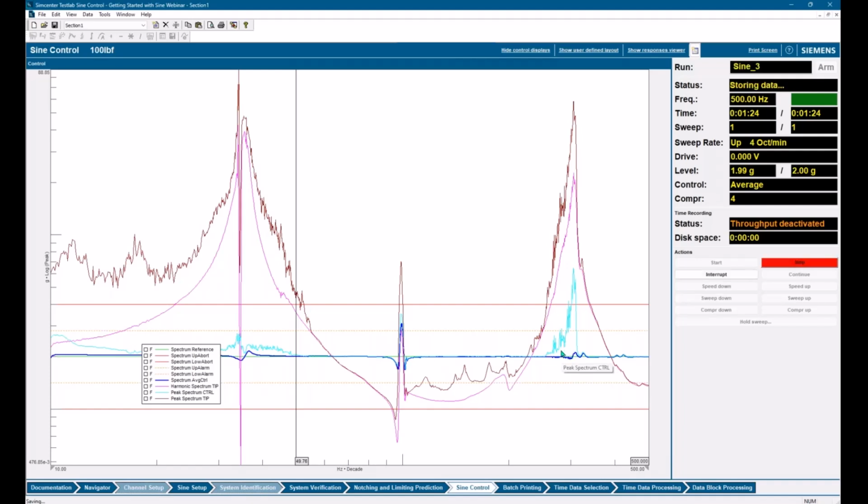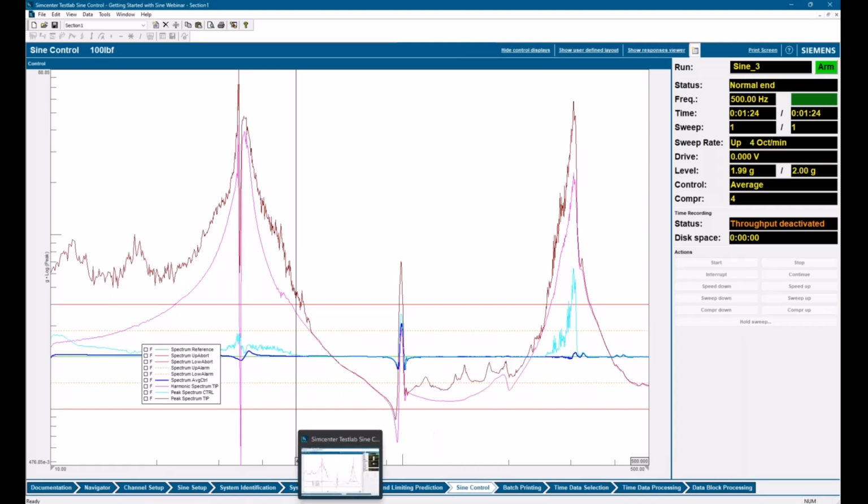If you have a component and you're really concerned about overtest, then maybe using the peak estimator for control is a good idea. Or you might even consider using peak as a notching channel. And we'll talk about that in just a second. So that's my initial sine sweep.